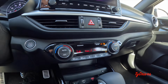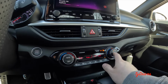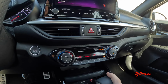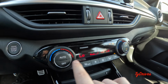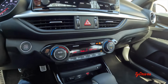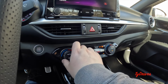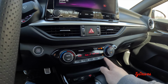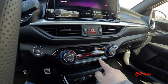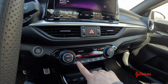This is one of the things that's kind of showing its age in this car, and it is the climate control. We do have a dual zone climate control, automatic that is too, which is nice. But we kind of have this old style knobs and older looking screen here, but really no big deal. The functionality is very easy, so just temperature knobs, automatic and off right there, sync and AC buttons right over here, where you want the air to blow right in the center, fan speeds, and your defroster, so very easy